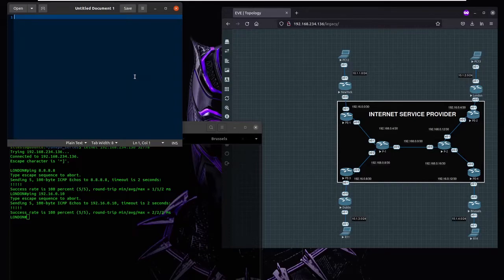DMVPN has three different types. Basically, we have DMVPN Phase One, DMVPN Phase Two, and DMVPN Phase 3. Okay, and we're going to start with DMVPN Phase 1 using what is called static mapping. And how does it work? So